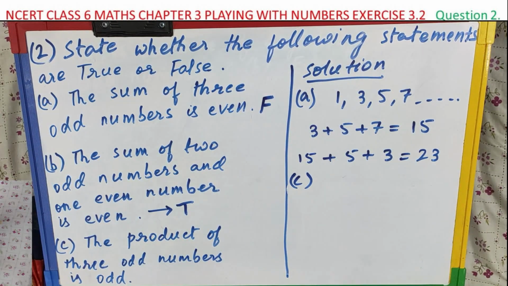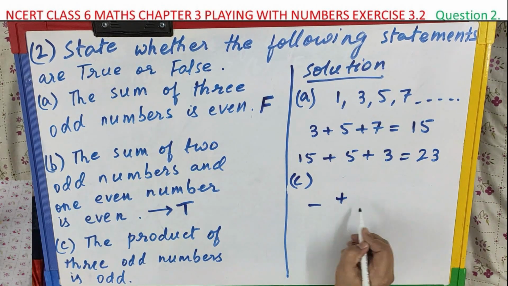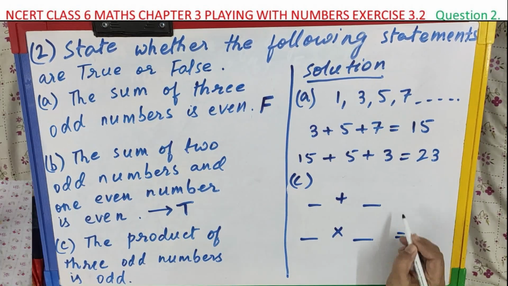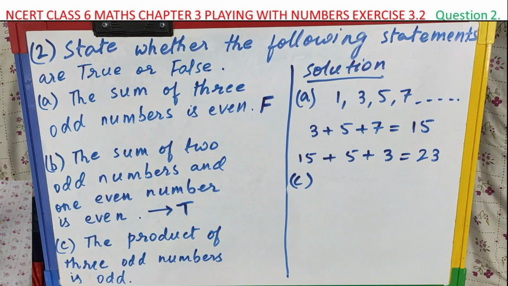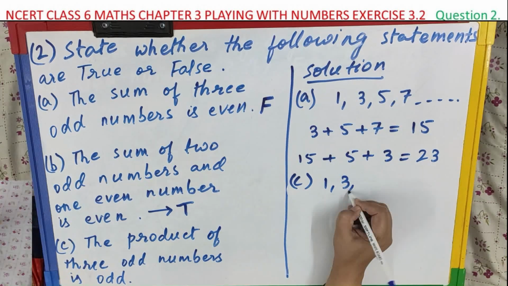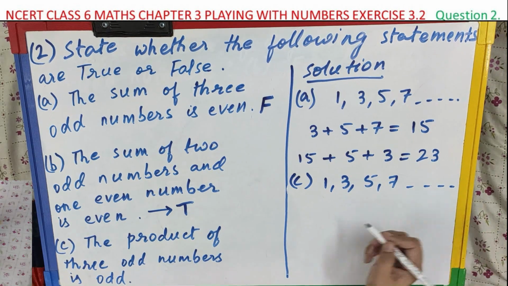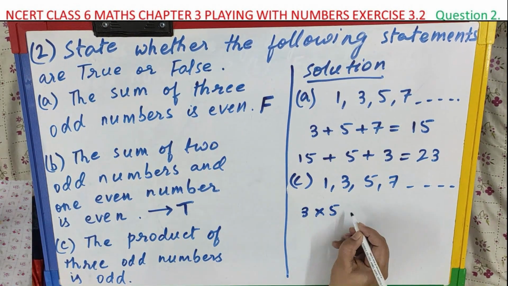What is meant by sum? The sum means the addition of two numbers and product means the multiplication of two numbers. Okay. So the product of three odd numbers. What are odd numbers? 1, 3, 5, 7 and so on. These all are odd numbers. So the product of three odd numbers means when we multiply three odd numbers,